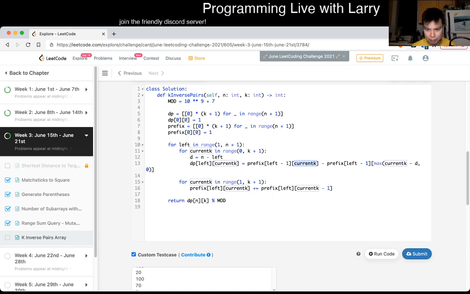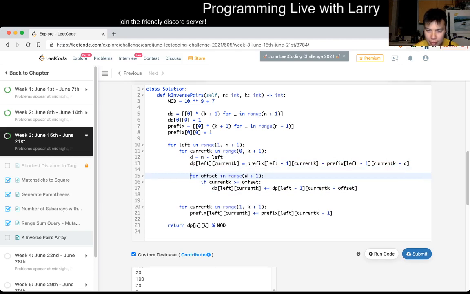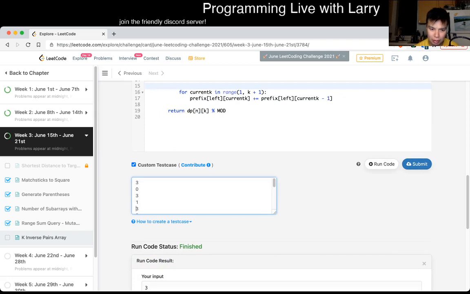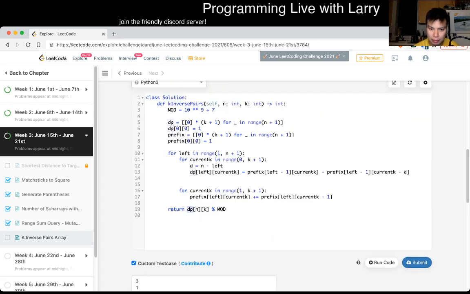Am I correct here? Let's look at that for loop again. So this goes from offset is 0 to offset is equal to d. This should be right, but am I doing the prefix wrong? Let's make these numbers smaller. And then oh, is this right? Yeah, I guess it should be right, but